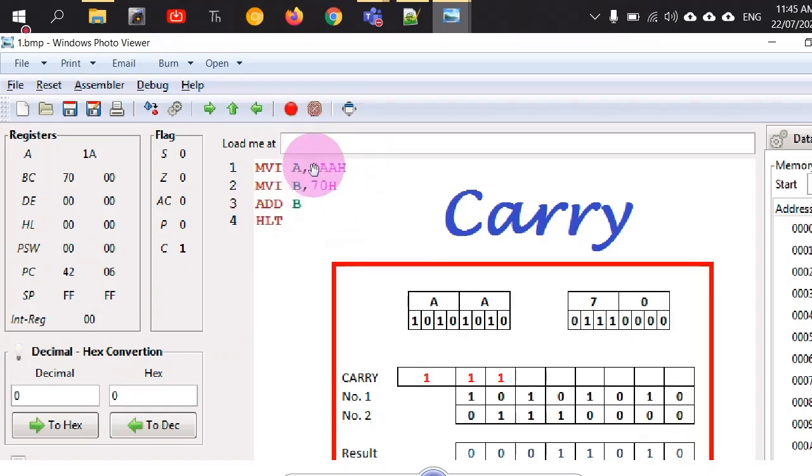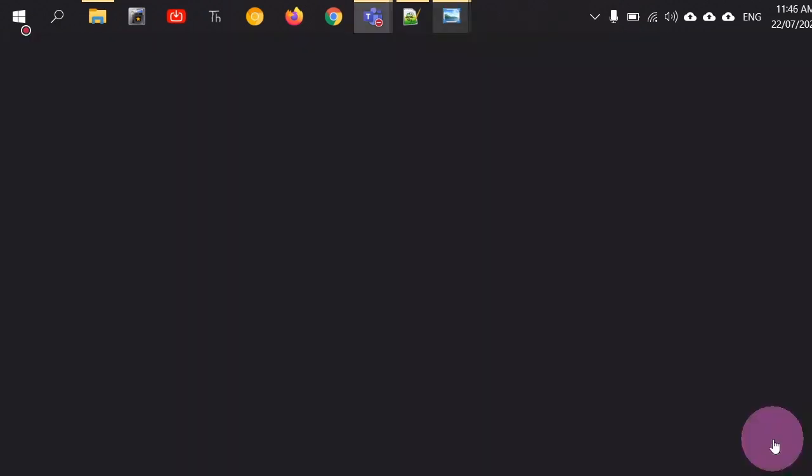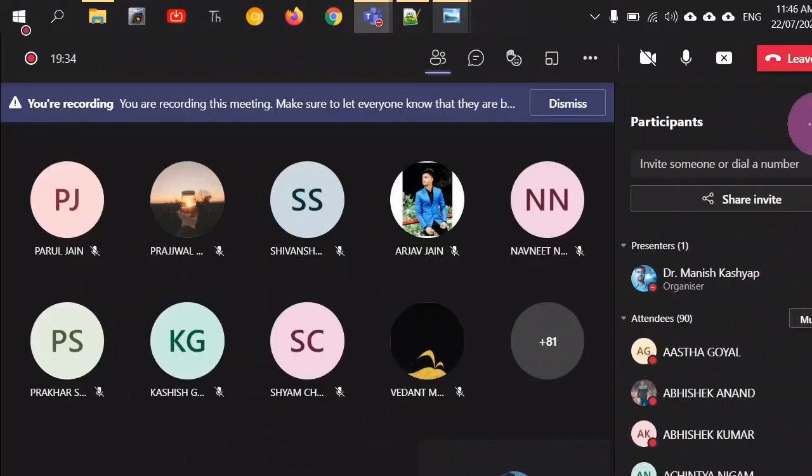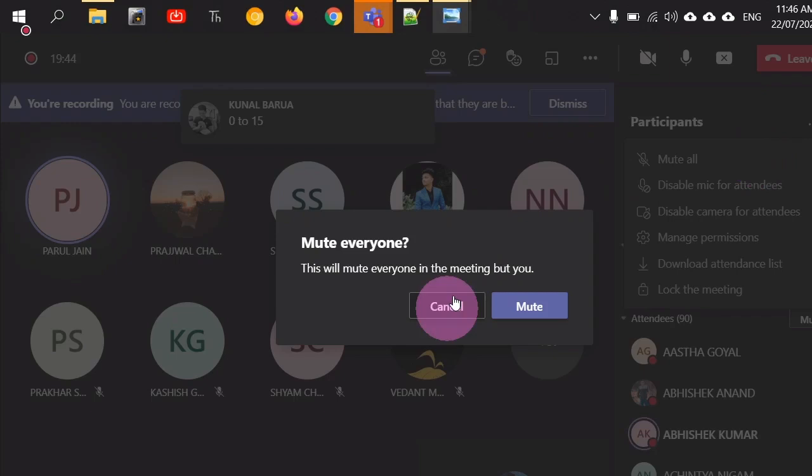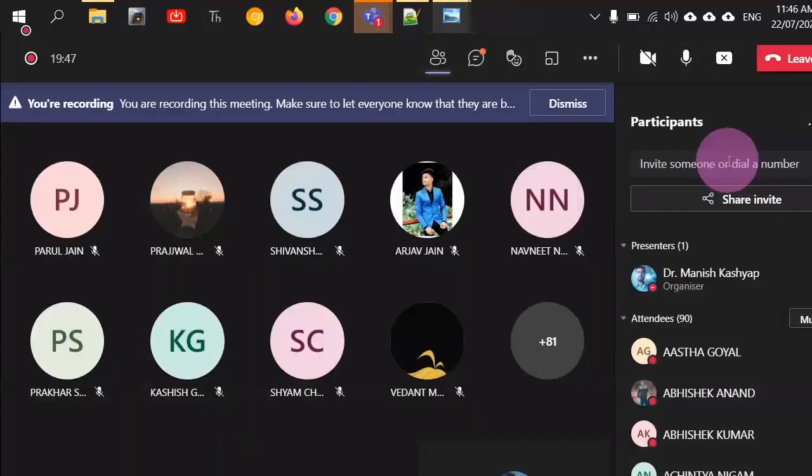But there is one point to note: before this number AA, I have kept an additional 0. Now, why have I done this? So you can tell me what is the range of numbers in the hexadecimal system. In the decimal system, we have numbers from 0 to 9, and then we use their combinations like 10, 11, 12, and so on. So in the hexadecimal number system, what are the basic digits that you have? After 9, it is A, B, C, D, E, and F. Yeah, so you have numbers from 0 to 9, and then from A to F.